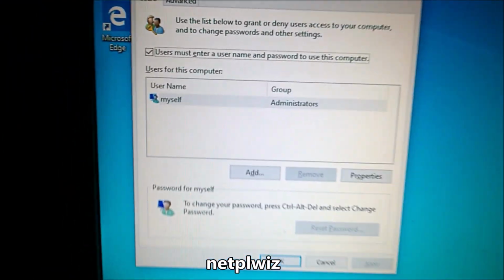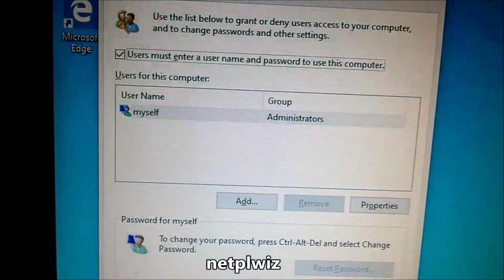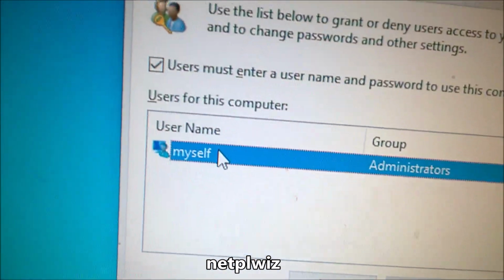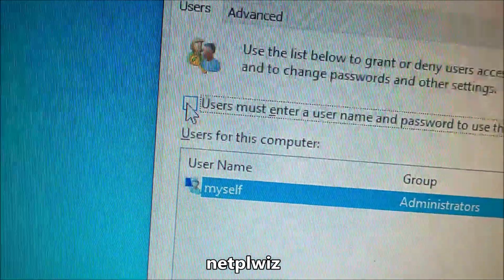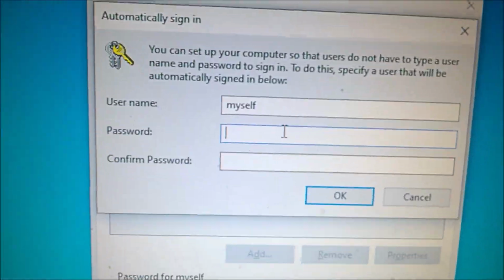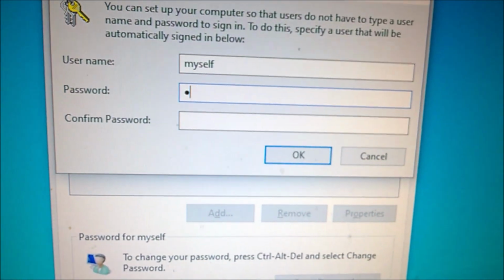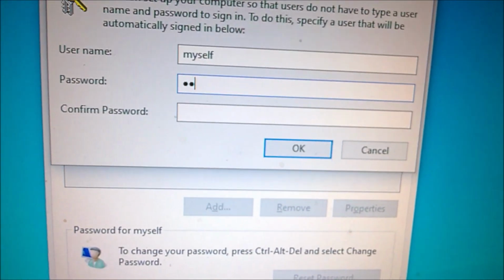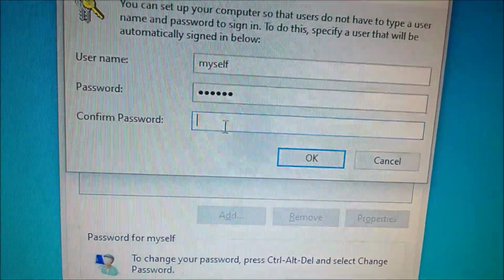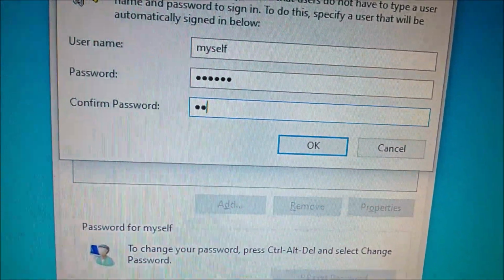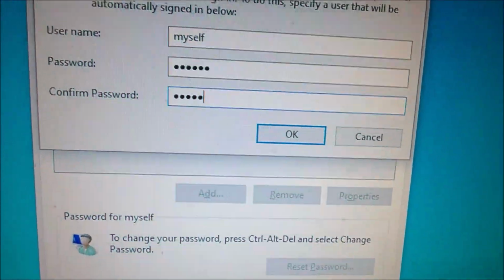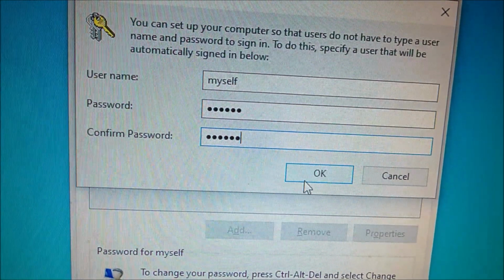Enter. It's going to open this, perhaps you remember this window, and we are going to select, this is my account here, and uncheck there and just click OK. It's going to ask my password, the one I just put. So be sure you note it, put it down on a paper so you remember it. Click OK.